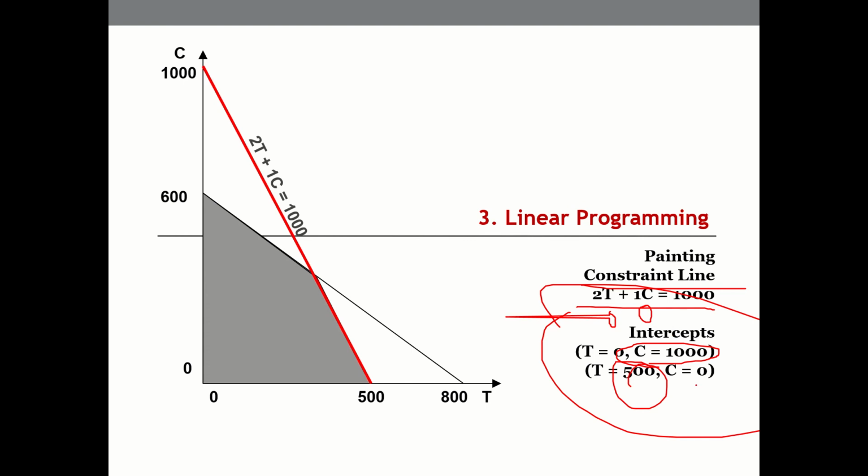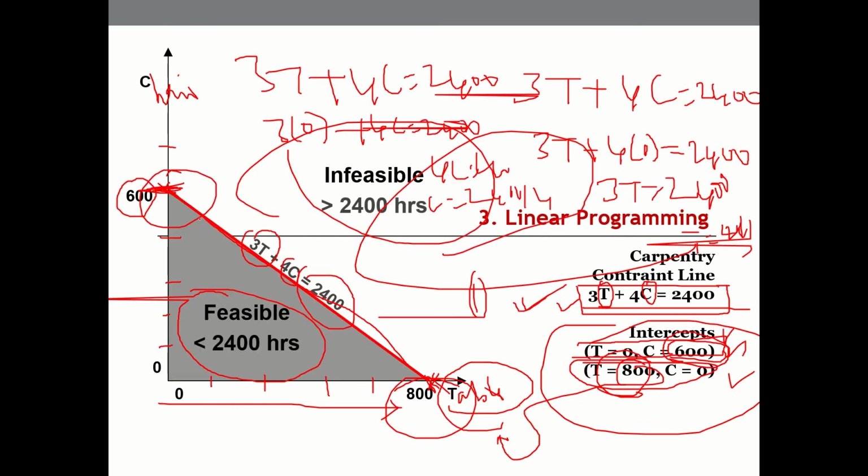Okay, so how do we plot this information now? For chair, the value for c is 1000. So 1000 hours we can spend on chairs, or we can spend a maximum of 500 hours in painting tables. So the second line is marked here. If you see this properly, in the first case, this is the triangle that we got.